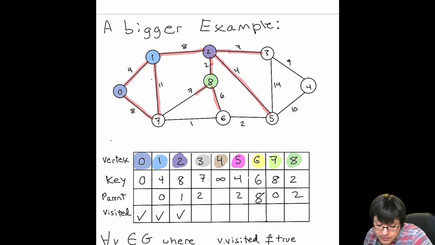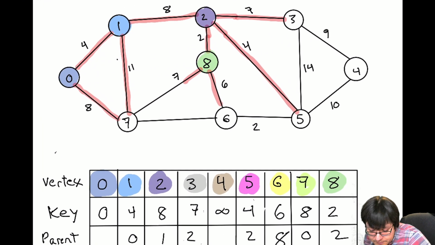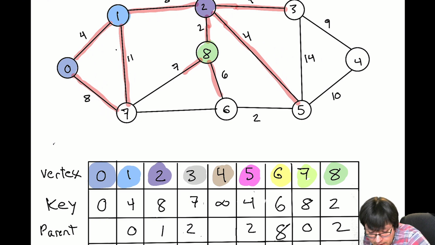Node 7, on the other hand, that one, it's a little more interesting. So let's actually elaborate on that one. I'll do it right here and then I'll copy and paste it lower. So that is saying check the weight from 8 to 7, and that is equal to 7. And so now we gotta say, is this less than 7 dot key